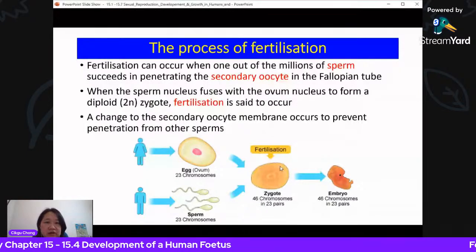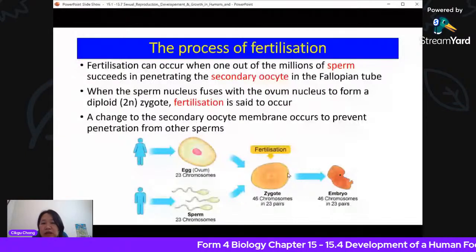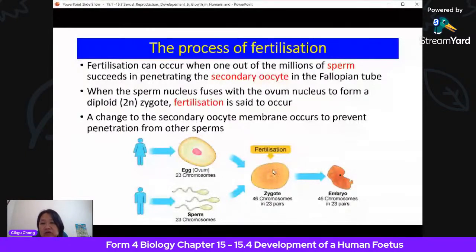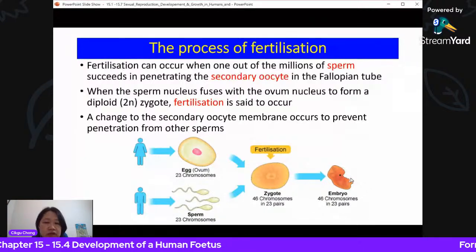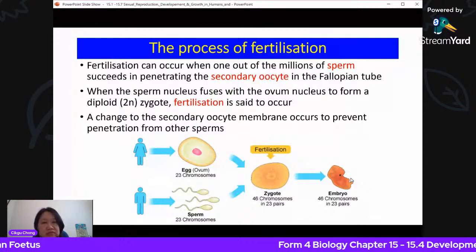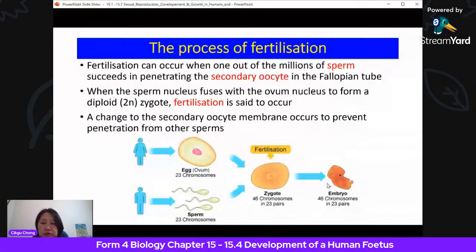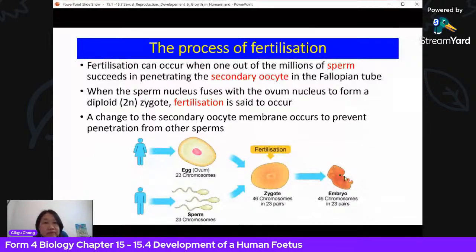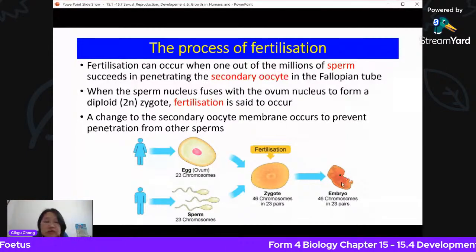After that, the zygote will develop slowly, and what you have at the end is an embryo. Today we're going to discuss what happens from the moment of the zygote until the embryo. At the embryo stage, it's definitely more than one cell, because you see the organs of the baby being produced. You will have the eyes, and you have the heart beating.